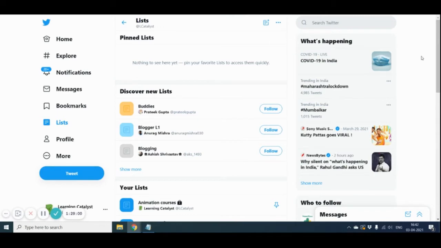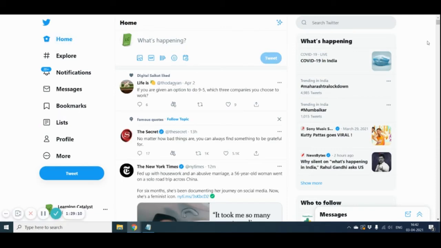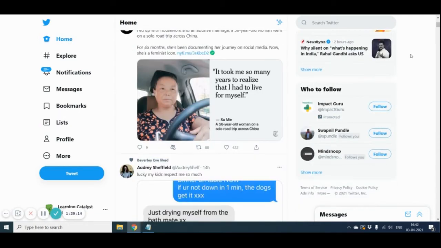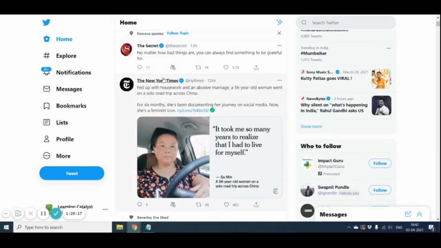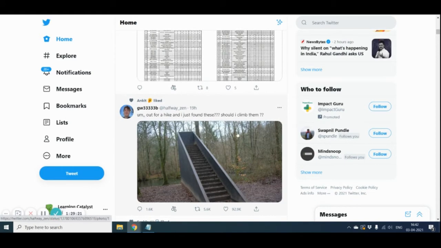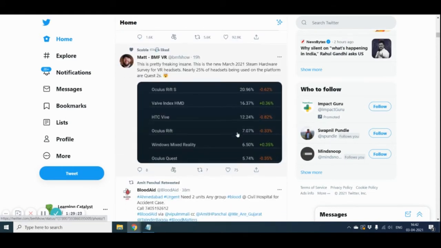Okay, now what is the concept of a Twitter list first? That you must understand before you start actually using it. Now, when you go to your home feed, over time you start following a lot of people. You start following magazines, your competitors, your friends, your ex-employer, right?